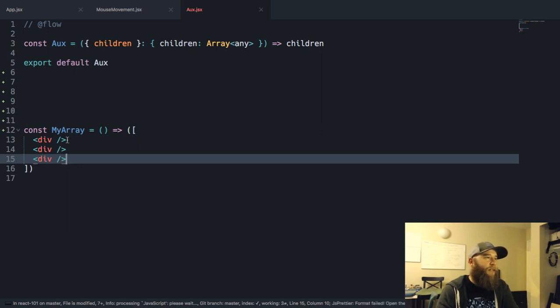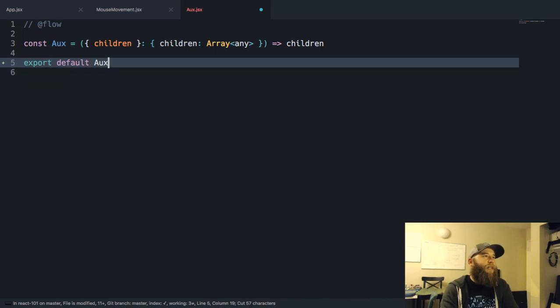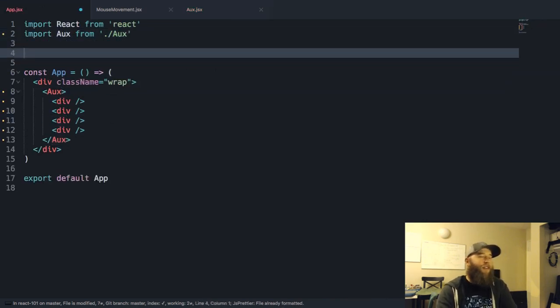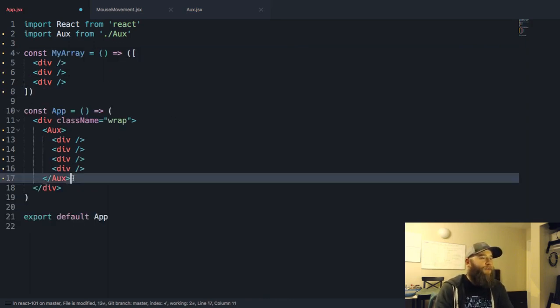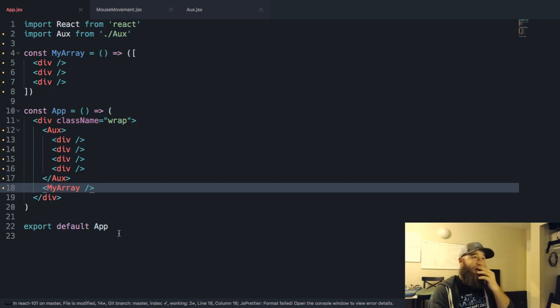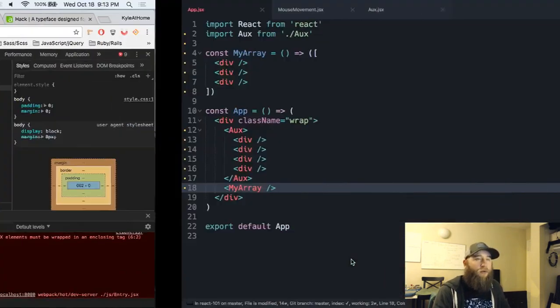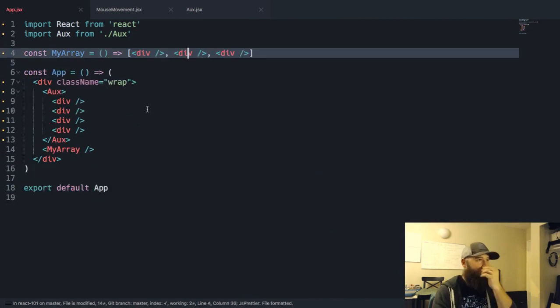In fact, I kind of want to, let's take that and we'll put it in the app file. I want to try it. This is one of those, I was actually just told this. I haven't given it a shot myself, but we should be able to put my array. And this should also work. We've returned an array. It doesn't like, oh, because we need commas, just like a real array.